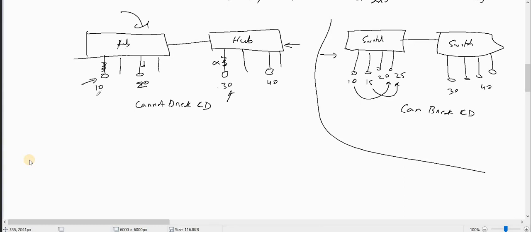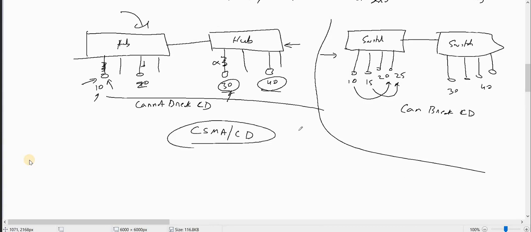So when one system starts sending data, nobody else should send. Going back to the same question: how will the other systems know that somebody is transmitting the data? How will the other systems know? And the answer to that is